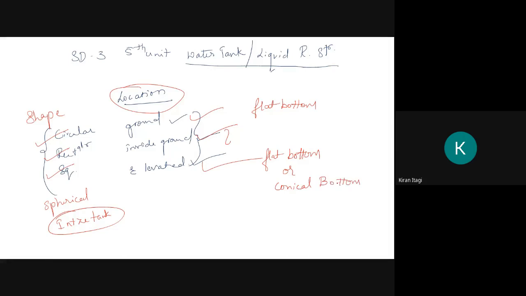The tanks are designed not only for strength but also for imperviousness. Suppose you are constructing a tank, I will call this one a sump tank, which you use daily in your house. This is your building and this is your sump tank. It should not only have strength, but it should also be impervious, which means the water should not leak from either side of the tank. Care should be taken that it is totally watertight.